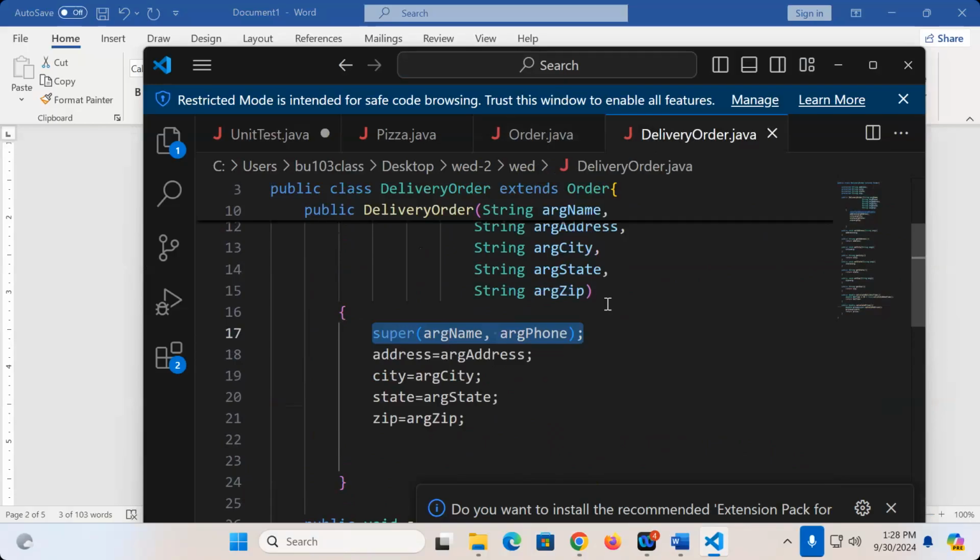When you call the constructor on a subclass, it also has to call the constructor on the superclass. And we'll see a number of different ways you can do that, either next week or the week after. But this is one way. This says call the constructor that accepts the name and the phone and do these other things. So we've created